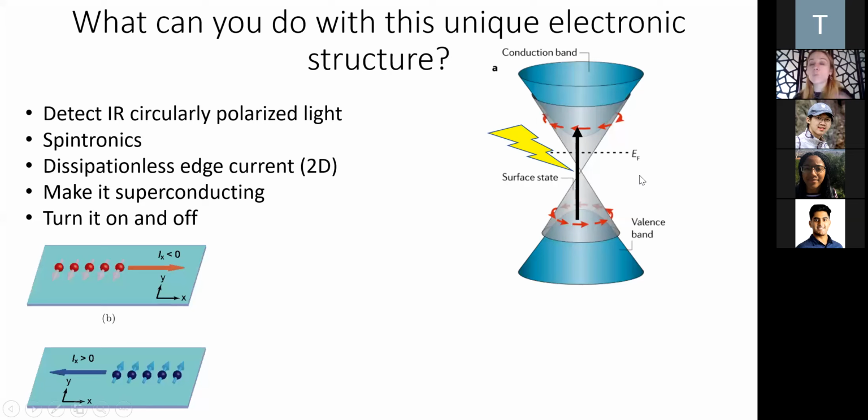Yeah, so this is one single material, and that's one of the attractive things about it. It's really just a single material where if you just consider the valence and the conduction band, that's what you have in an ordinary semiconductor. But what's special about a topological insulator is that you have this unusual surface state that exists only at the surface, or if it's in a lower dimension, along the boundary. It only exists at the surface in that same material.